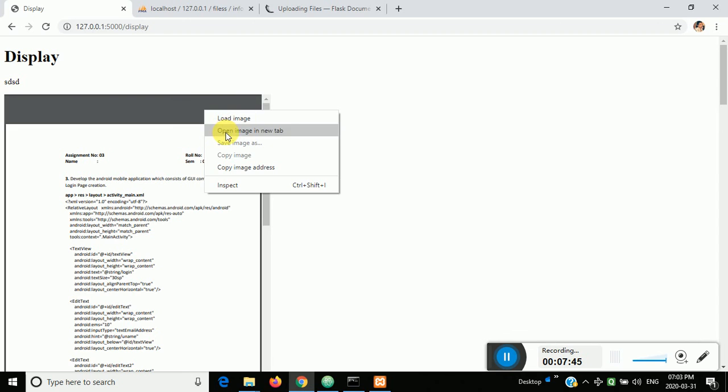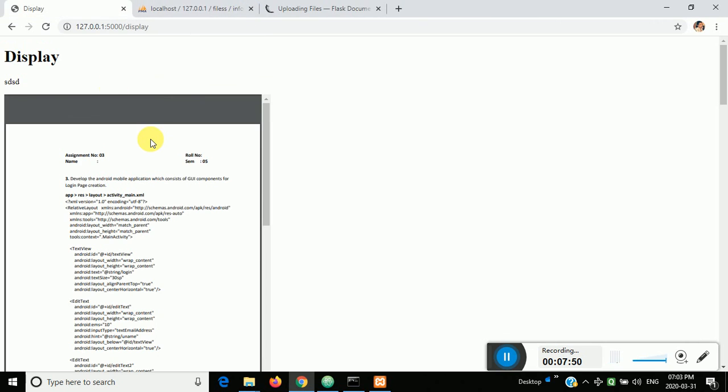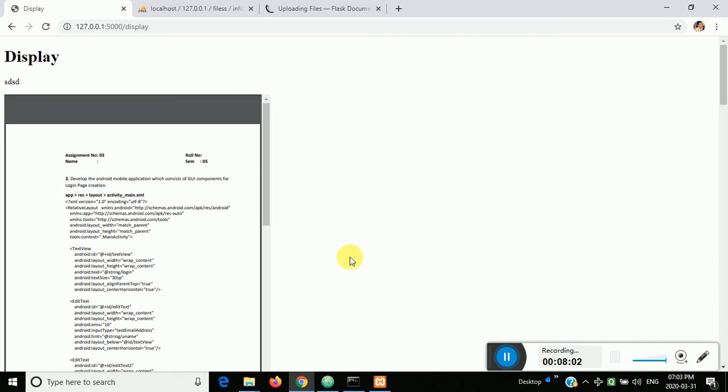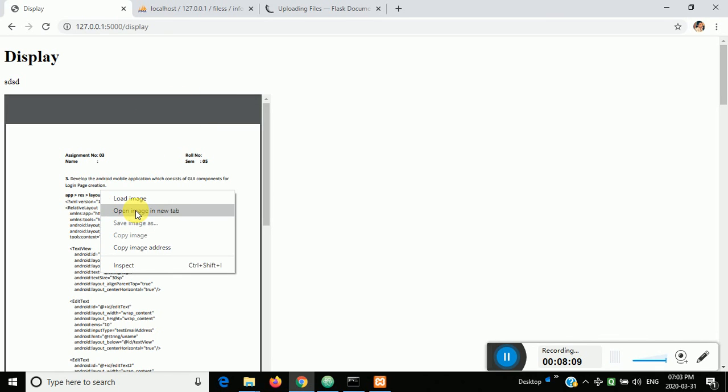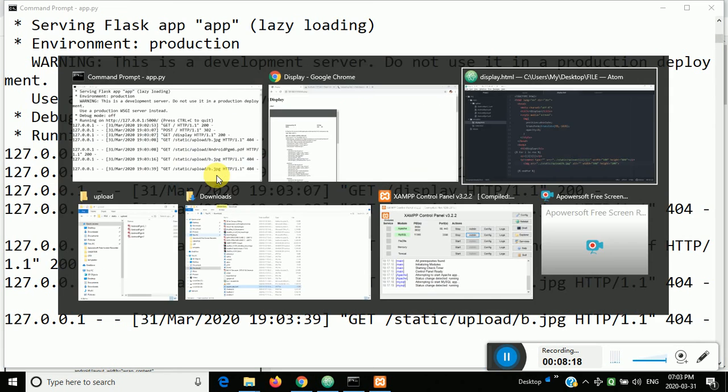If I open image in new tab, no, it's not there. Why? Because the file is not there here, upload file is not there. Dummy name I had given, that is b.jpg, which is not there. If it is not there, it will take that much of size. See here, if I try to click on that also, it will not open. So here, see, open image in new tab, if I do like that also, it is not there. b.jpg is there, but it is not found, it's not showing because the folder, this file is not there here.